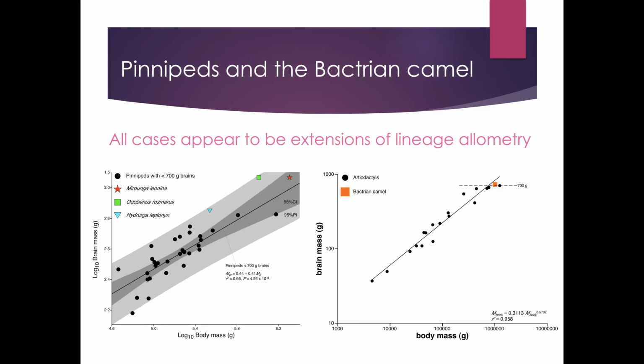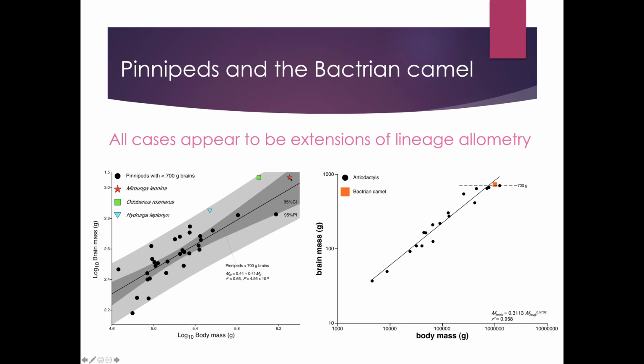So if we look at pinnipeds and the Bactrian camel first, these are the more borderline cases in terms of being over 700 grams. If we look at this regression on the left for the pinnipeds, we have a beautiful, highly correlated regression for body mass against brain mass for most of the seals. We have confidence intervals and prediction intervals. And those seals that fall with brain masses above 700 grams, here we see the